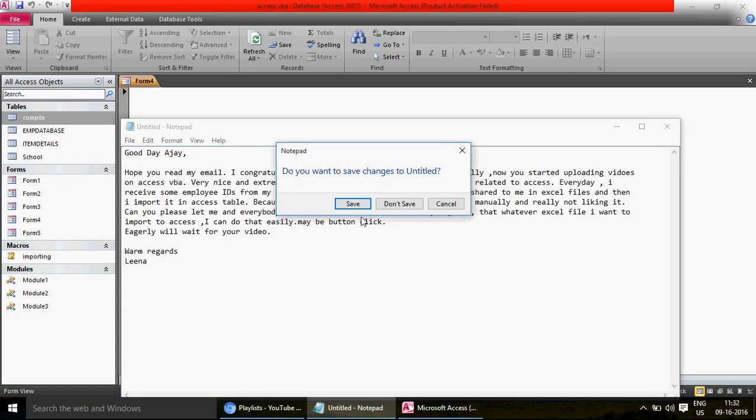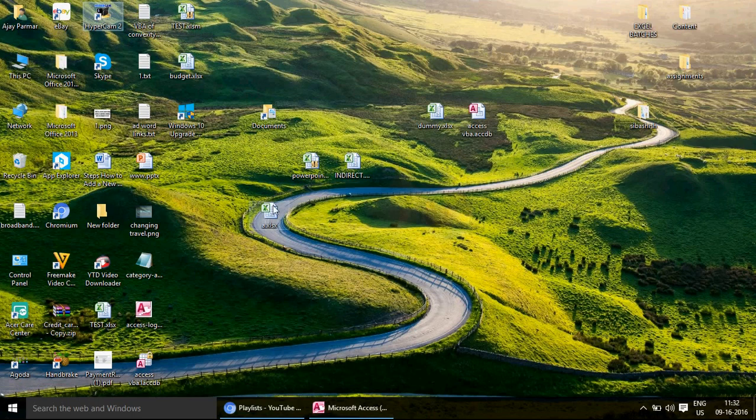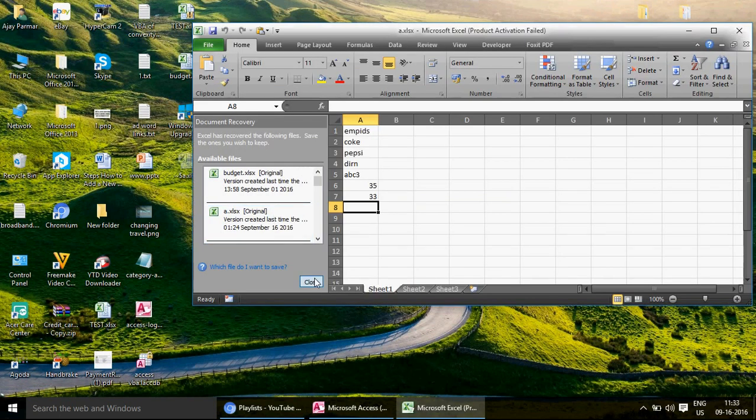So let me just close this. I really don't need that. All right, so I want to tell you first of all, what she says, I think every day she gets some Excel files from a client, maybe on the server or maybe on email, I don't know, and then those files every day. For example, today you have this file called a.xls, right? So if I open this file,